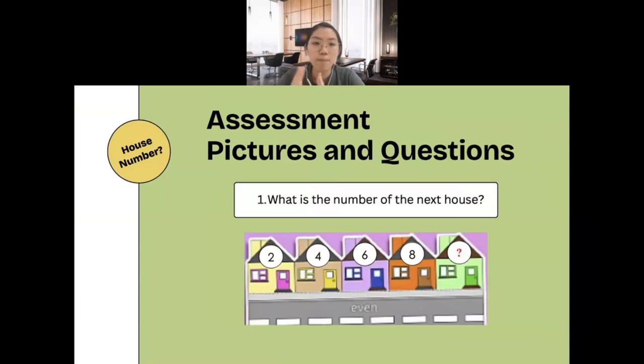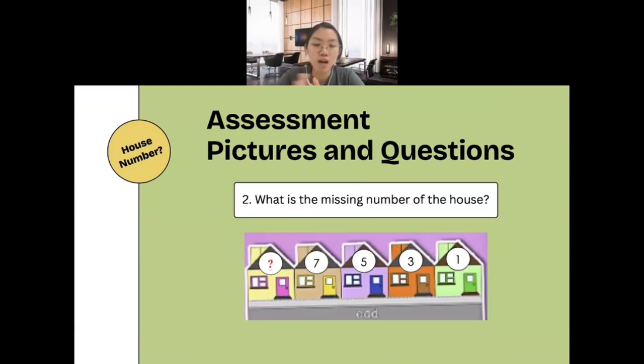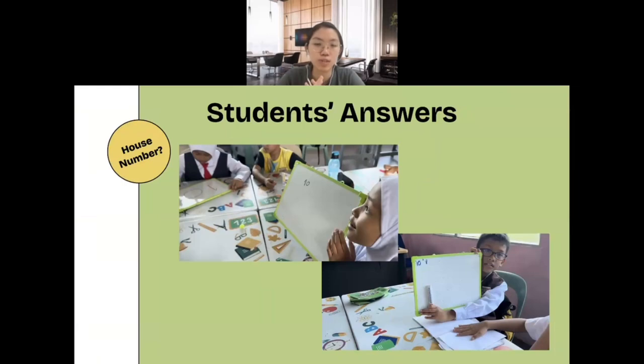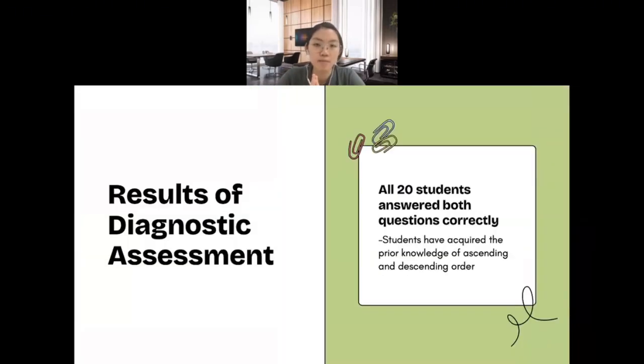This is the pictures and questions used in the Engage phase. What is the number of the next house? For this is the even numbers. What is the missing number of the house? For this is the odd numbers. Here shows the students' answers. From the result of diagnostic assessment, all 20 students answer both questions correctly. This shows that students have acquired the prior knowledge of ascending and descending order and apply the knowledge to solve